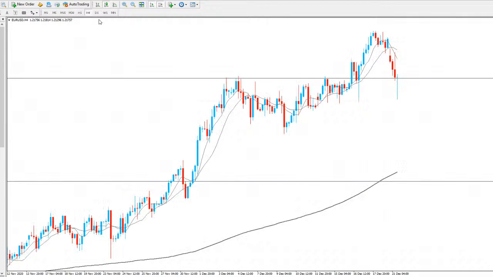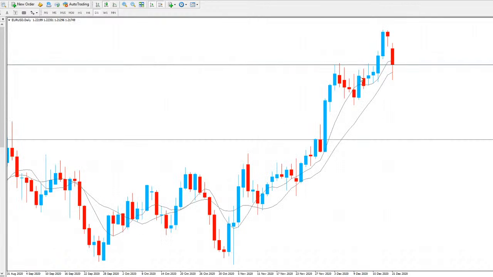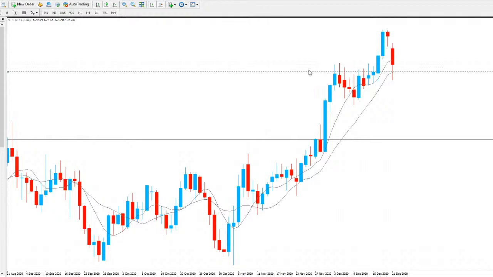EURUSD, again, for this one, kind of testing a previous area of resistance in the market on the daily time frame. As you can see here, this area where we have all those wicks in the market is all previous daily resistance, and you can see we've wicked into that area on the daily chart now. So it all depends how this daily candle closes. If we reject and get a wick to the downside and price fails to break that area, then potentially that will still be holding as daily support.